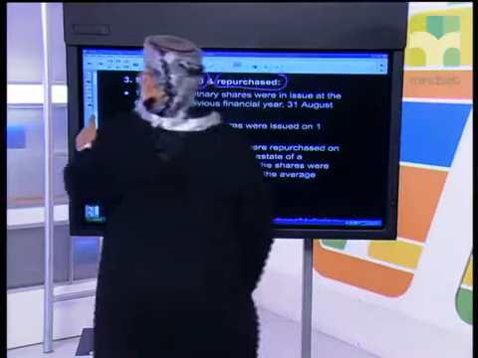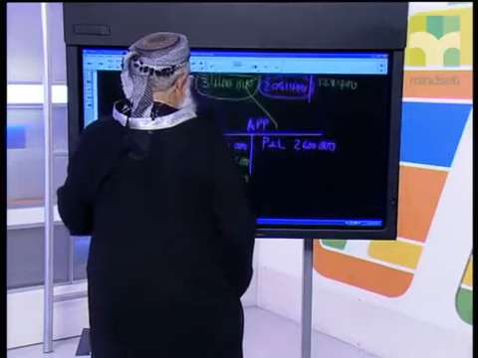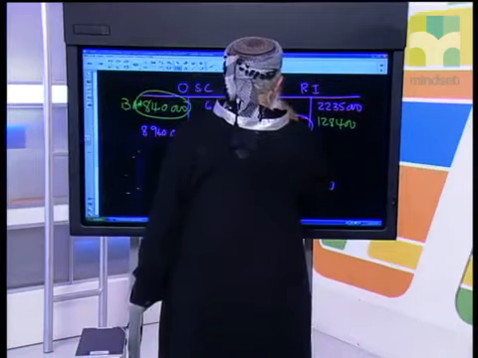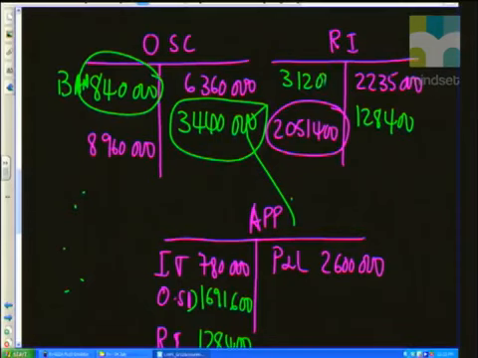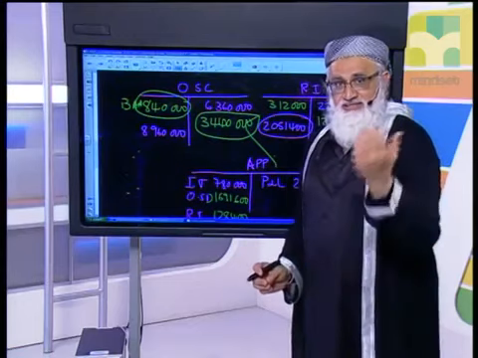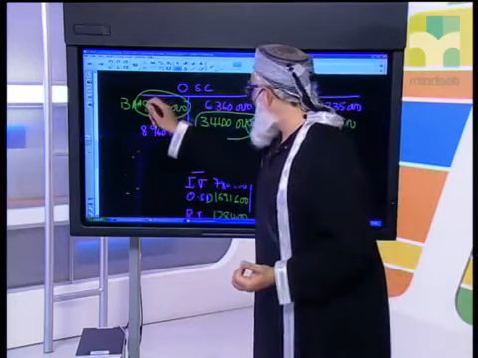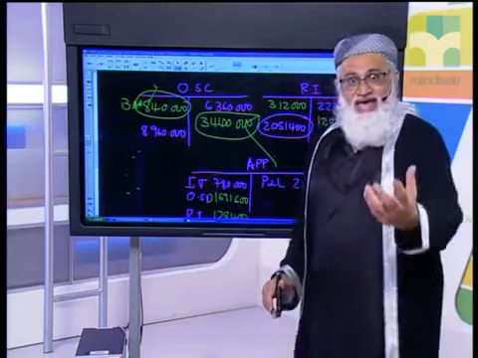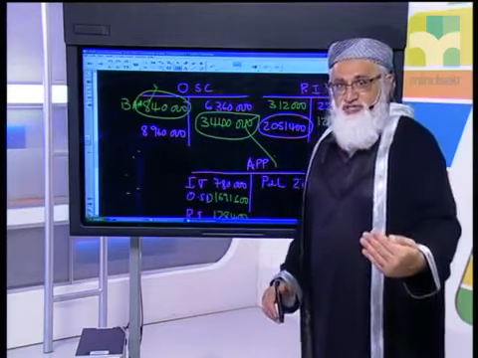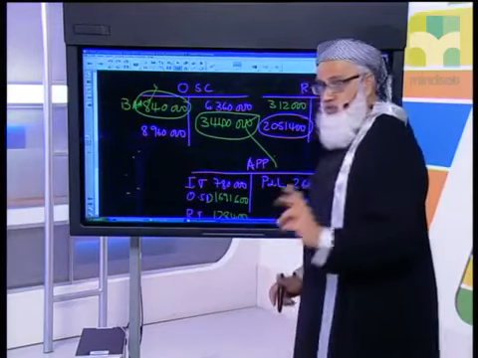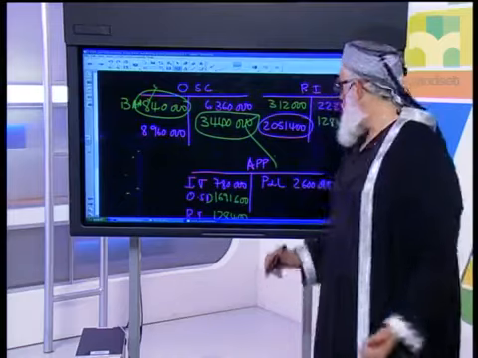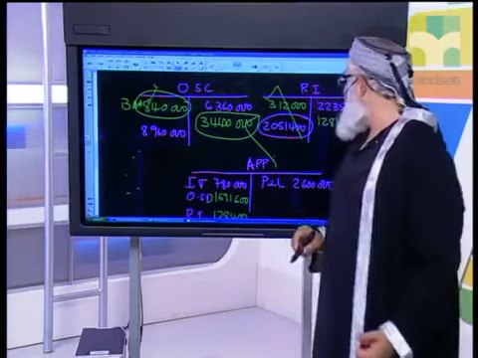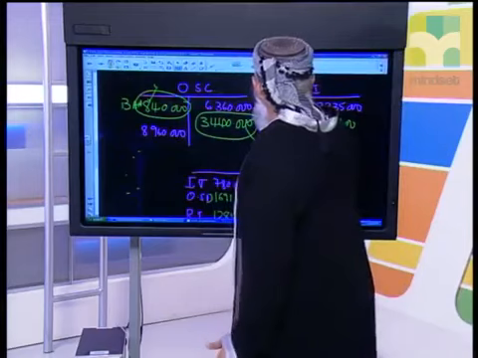What is the 312,000? Watch the space. 312,000 Rand is going to impact on my retained income. Why? The average price of the share that we repurchased goes to ordinary share capital. There it is. And the price above the average price, the 2 Rand 60 per share, times 120,000, is the 312,000 Rand. That one there.